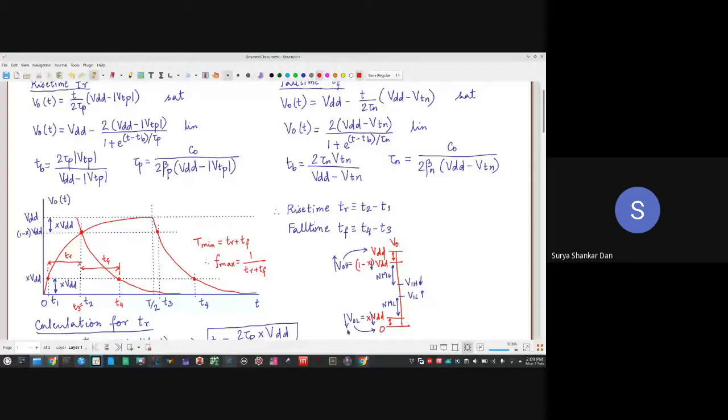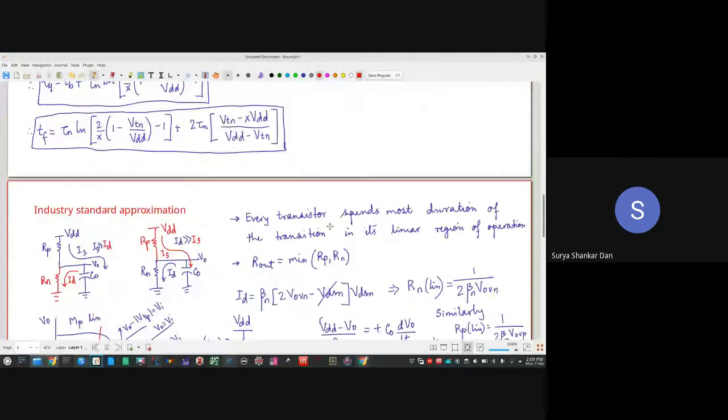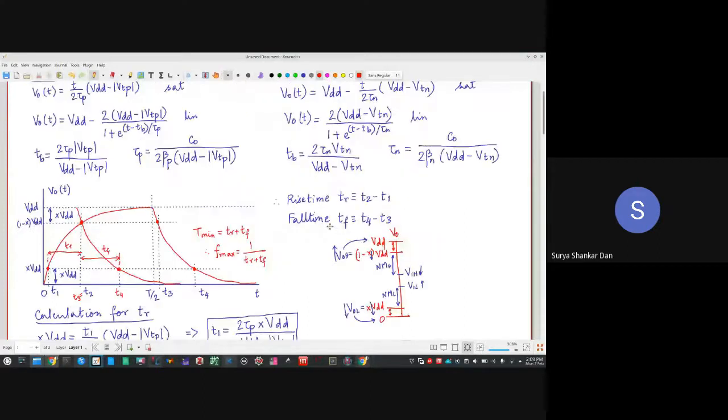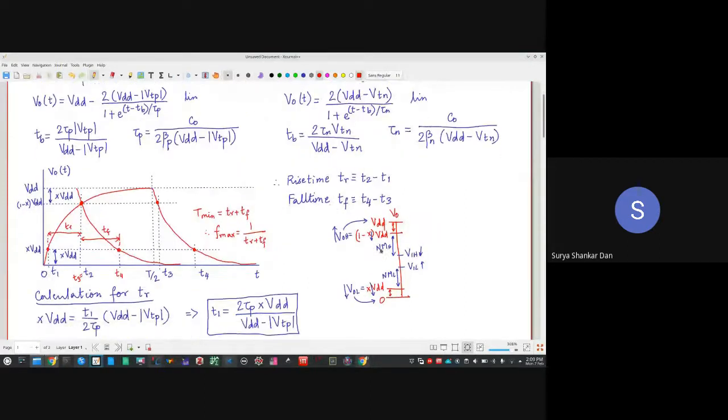things. Okay? Then you don't have to bother about the exact values of VO anymore. Then you should be bothered about TB and tau p, T1 and T2. I am concerned with the rise time and fall time. Okay? That is the reason why in industries, once they determine the noise margin, that will be one of the main specifications.